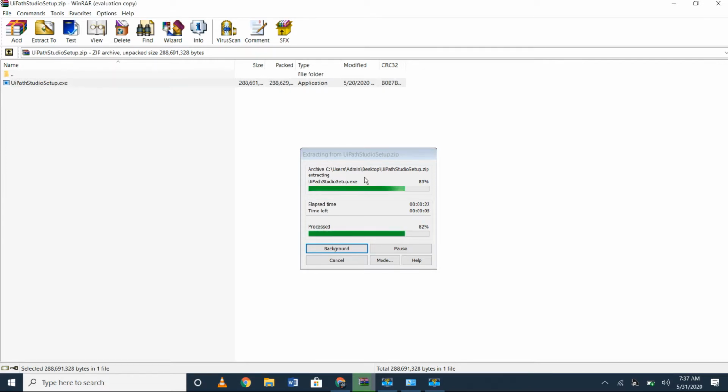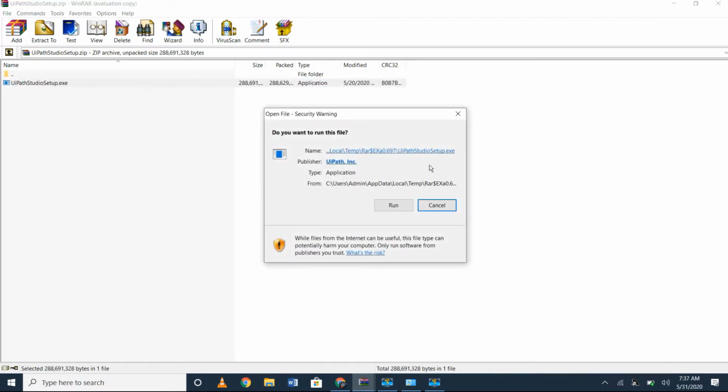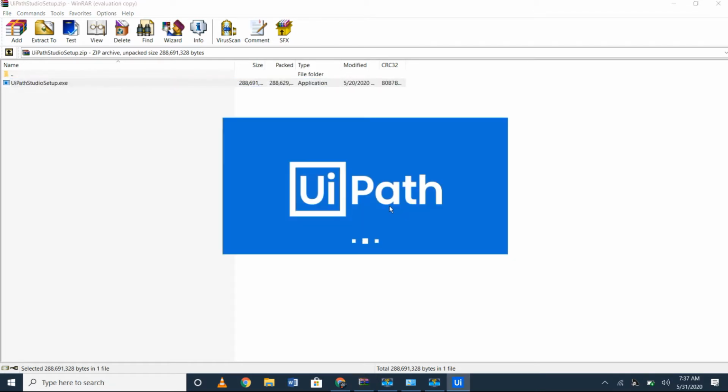If you do a few programs in parallel with this student version UiPath tool, you'll get an idea of what RPA is. Run the file. It starts installing.